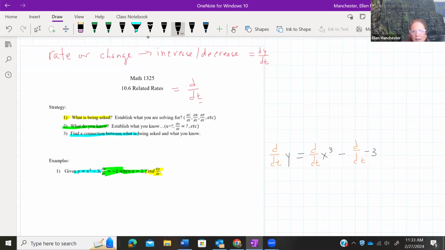Now, keeping in mind what you're looking for is always super helpful, because you know you have to have a dy dt in your function, right? So here we go. The derivative of y in terms of time is dy dt. The derivative of x cubed in terms of time, so our variables are different, so I'm going to use the power rule. And then dx dt, because again, I peeled that off, so what's left is dx dt.